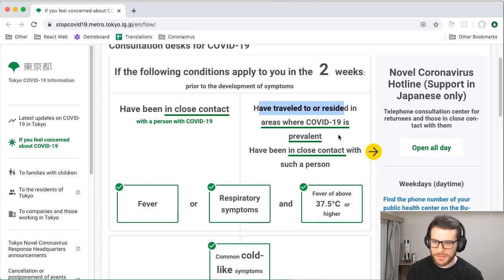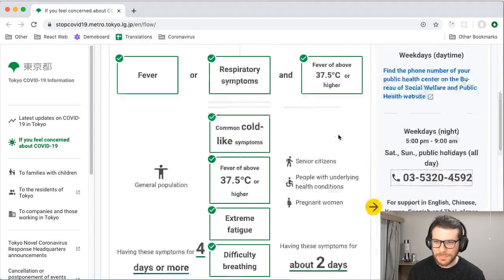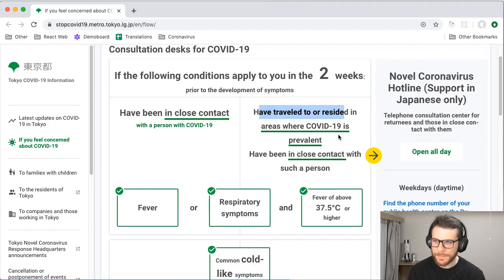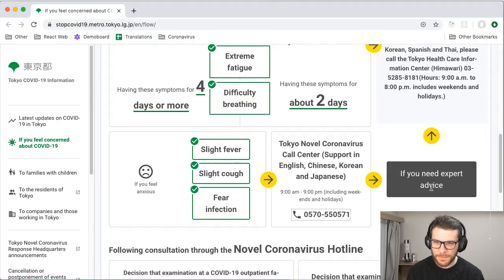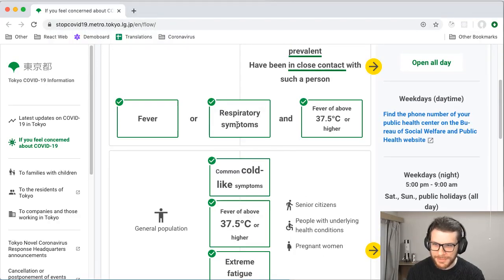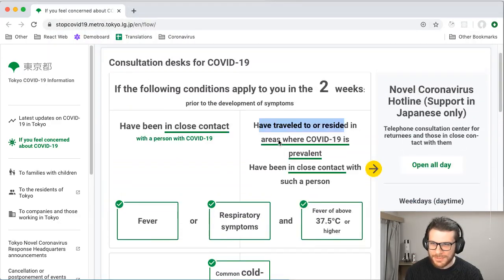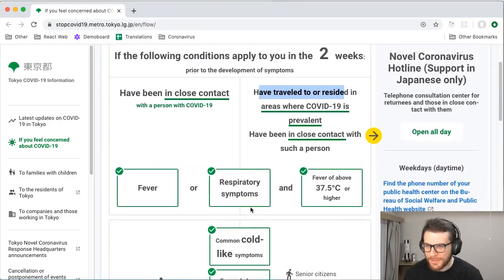actually no, let me look at this. This is really confusing. So if any of these conditions are met, then they want you to call the call center. Or if you feel anxious, slight fever, slight cough, yep, there's lots of different reasons to call the call center. So basically, let's just start with,